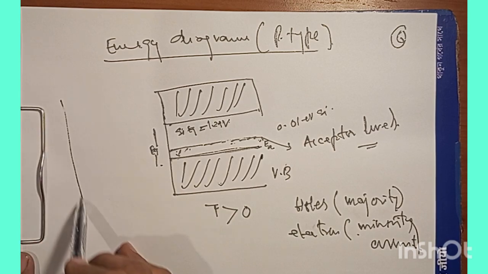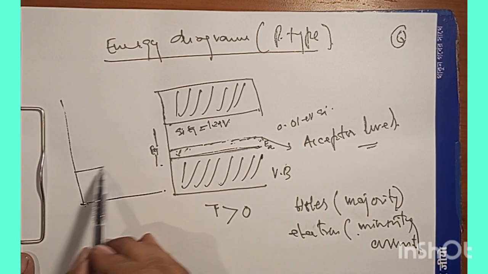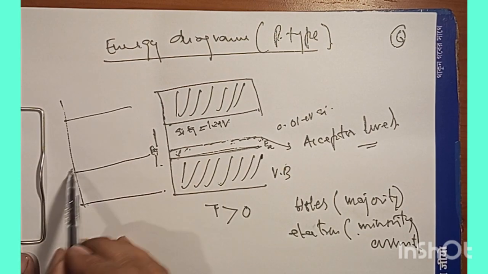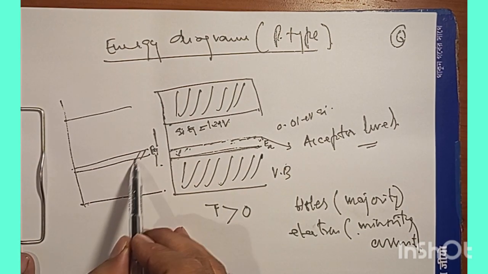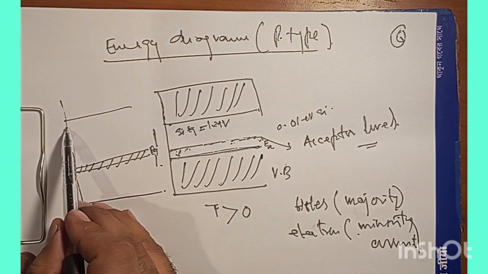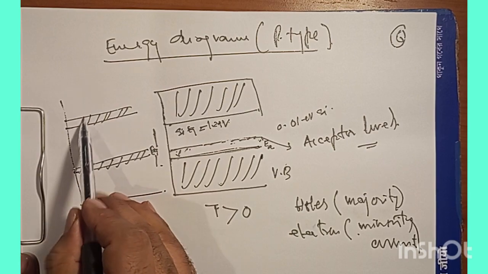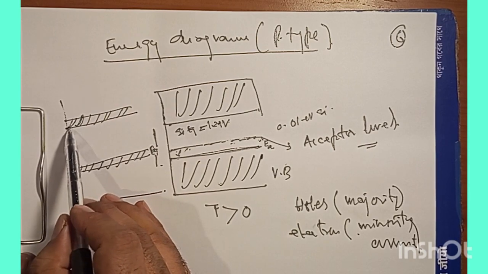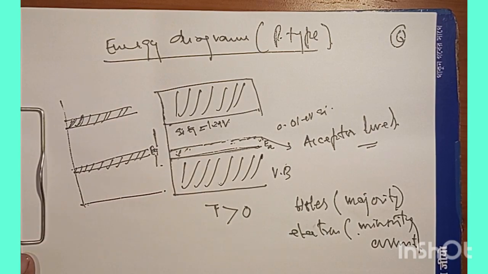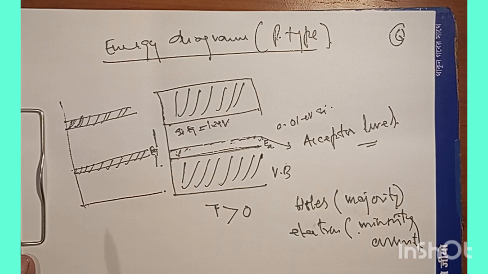So if we define the same thing in terms of the Fermi level, if the Fermi level is close to the valence band, then this is a p-type semiconductor, and if the Fermi level is close to the conduction band, then this is an N-type semiconductor. So this is the story